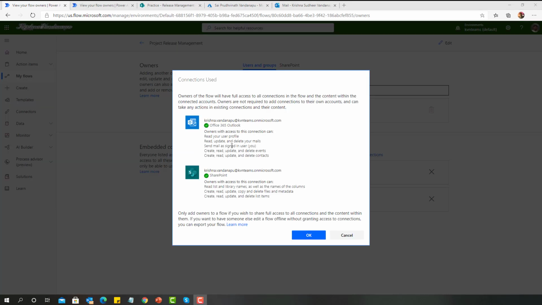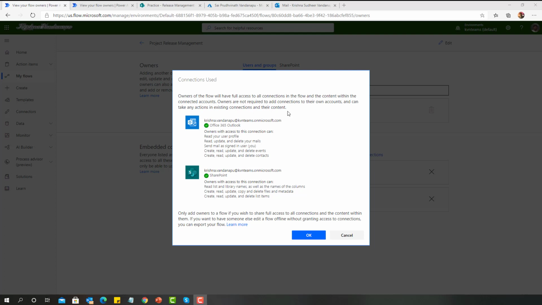As soon as I try to add a new owner, flow is informing me that owners of the flow will have full access to all connections in the flow and the content within the connected accounts. Owners are not required to add connections to their own accounts and can take any actions in the existing connections and their content.